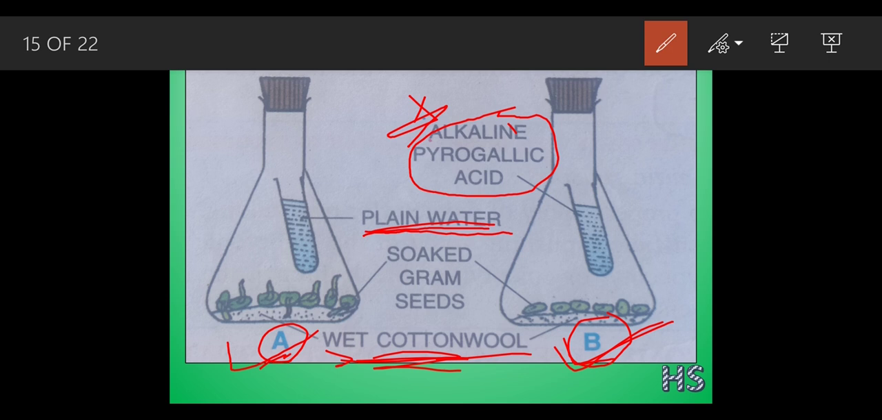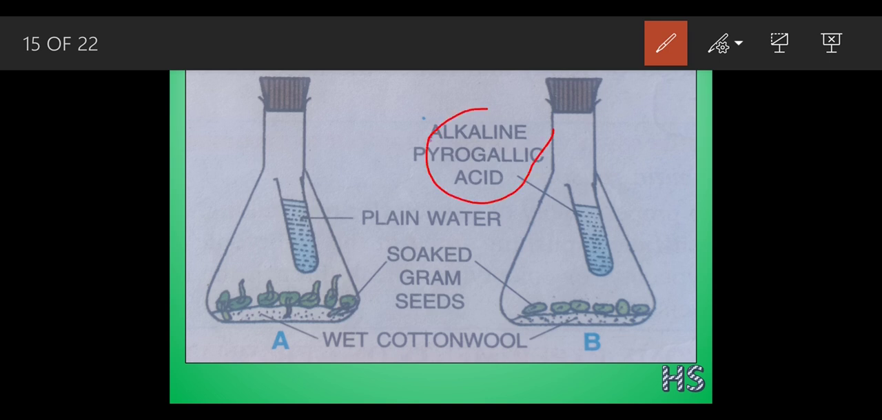So why did this happen with the flask B? Because inside this test tube, as we can see, there is a special solution which has been kept, that is the alkaline pyrogallic acid. The property of this alkaline pyrogallic acid is to absorb all the oxygen which is present inside this flask. If this is a flask, so definitely there would be a presence of air inside this. But when they kept this alkaline, the air which is present inside this flask has been absorbed,